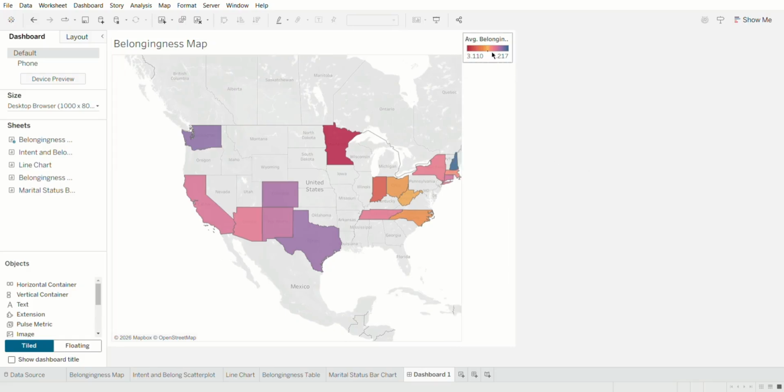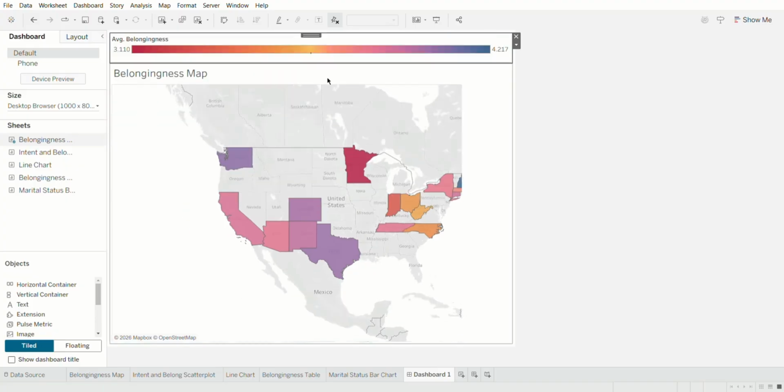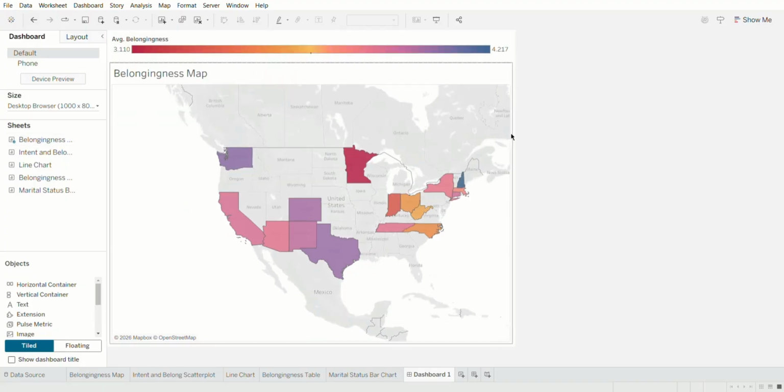and I can drag it either way and it'll resize to fit the new dimensions I give it. And I want to move the key above the map, so what I'll do is I'll just click it and I'll go up to this top portion right here, make sure the four arrows show up, and I'll just drag it over the belongingness map. And then you can see, I'll show it again,